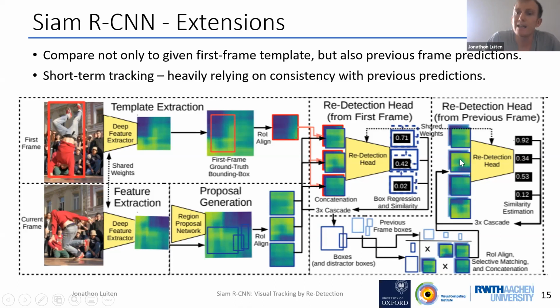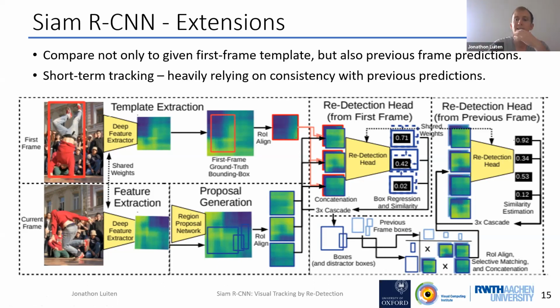But you also have the boxes in the previous frame that you've already guessed are the boxes in the first frame. So maybe you were a little bit unsure in the previous frame and you guessed 2 boxes. Well, we want to be able to take that into account here. We don't want to just force it to say, okay, you were right in the previous frame, because you might have not been. So in this case, there's 3 previous frame boxes and 2 current frame boxes. And so we want to take into account the